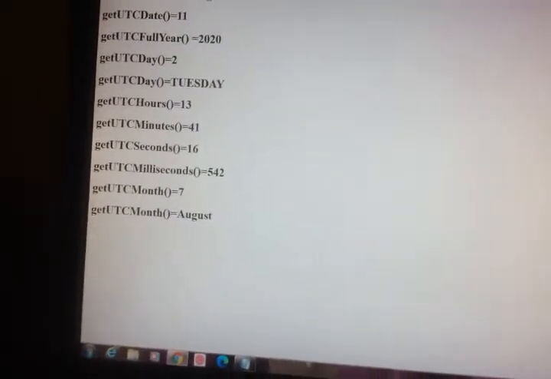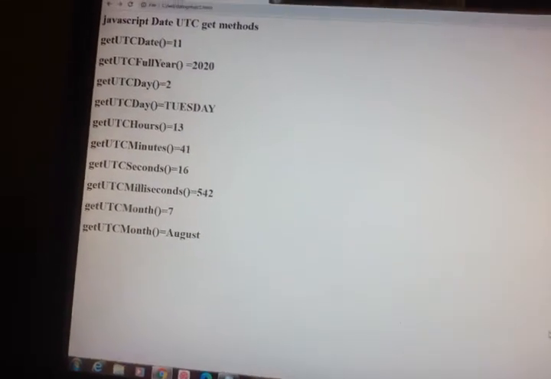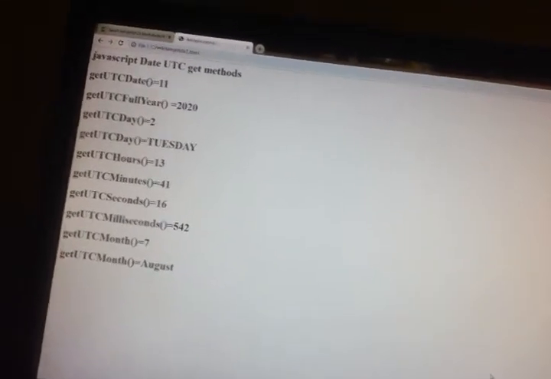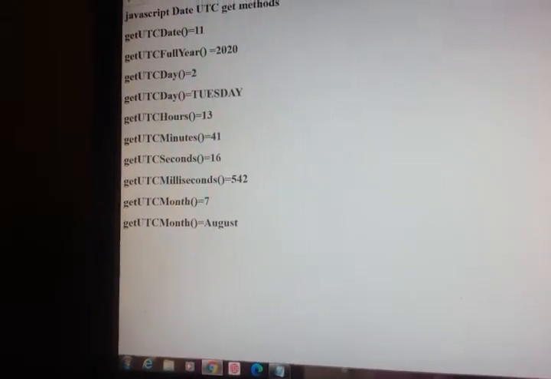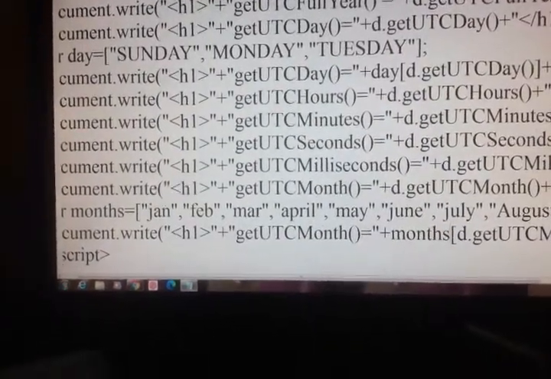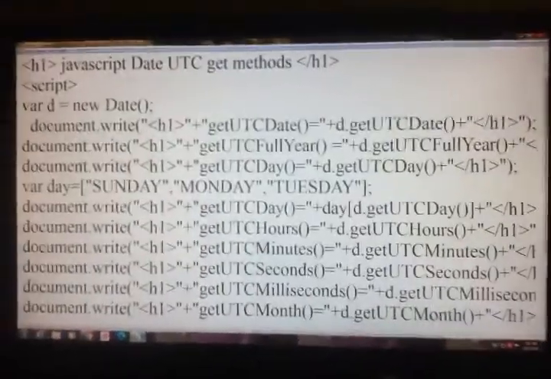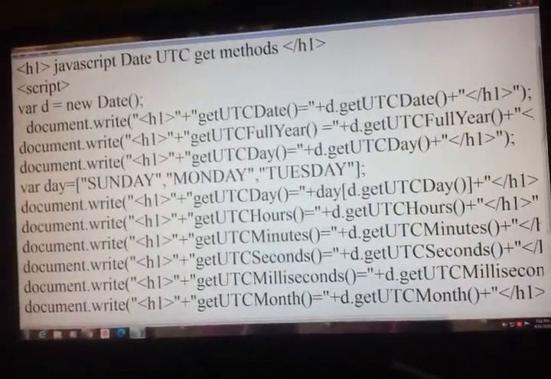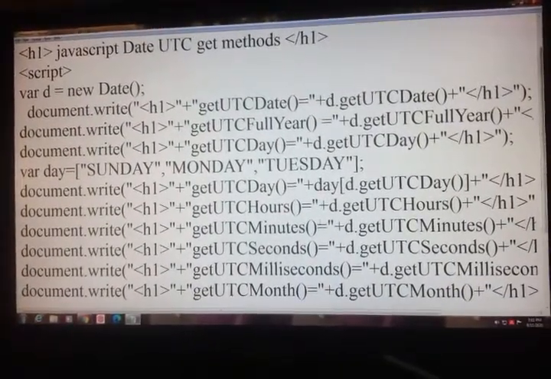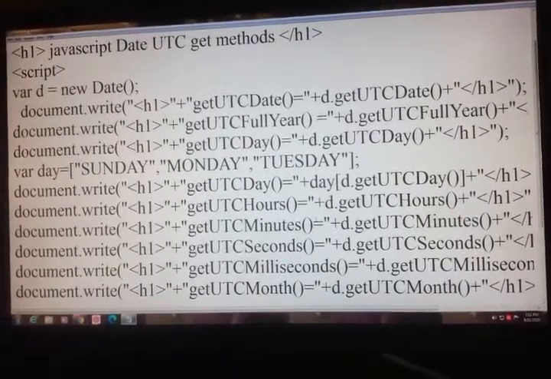Yeah, I got August. So these are various get UTC methods. This is the program for JavaScript date get methods.